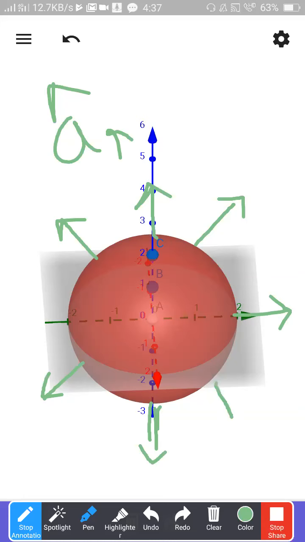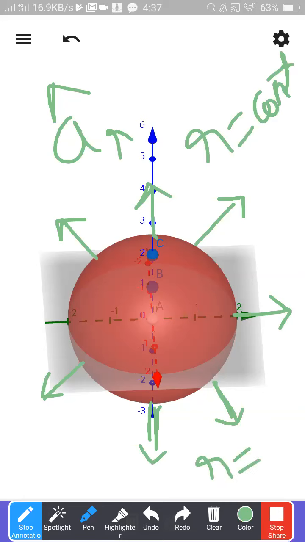Is it clear, what I am explaining? I have taken a surface where r is equal to what? Constant. r is equal to constant. That is very clear. In this case, r is equal to some constant, around 2 or so. Again, I am drawing my unit vectors for that surface. Always remember that a surface vector is a vector which is always perpendicular to that particular surface. These are all called surface vectors. a_r is a surface vector of a surface formed by r equal to constant.